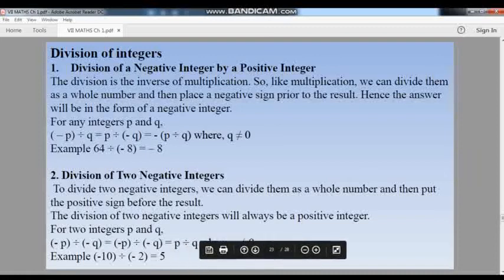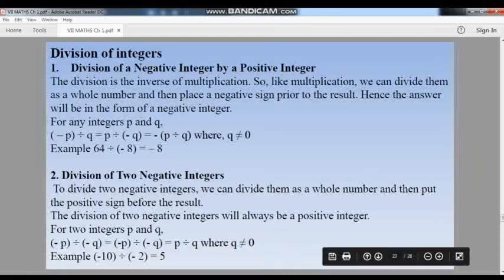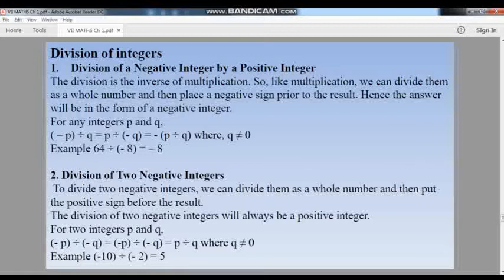In this part we will learn about the division of integers, its properties, and what all things are applicable for the properties. First, when we are dividing integers, which integers? They are the negative and the positive integers. Then what we have to do and what the result can be.